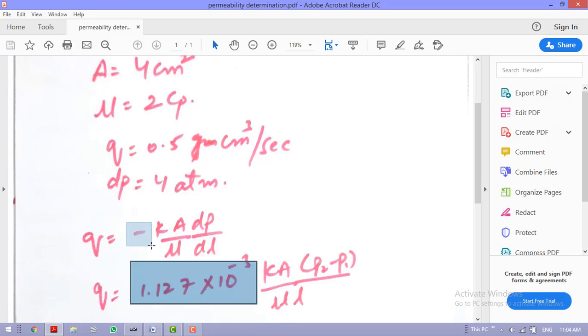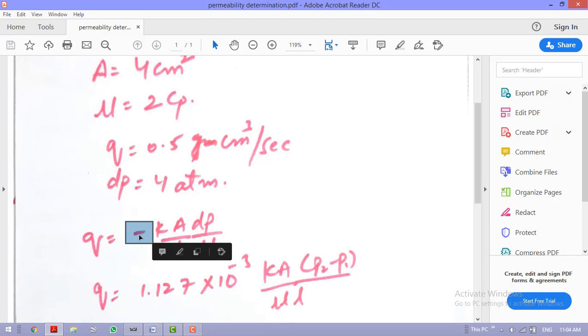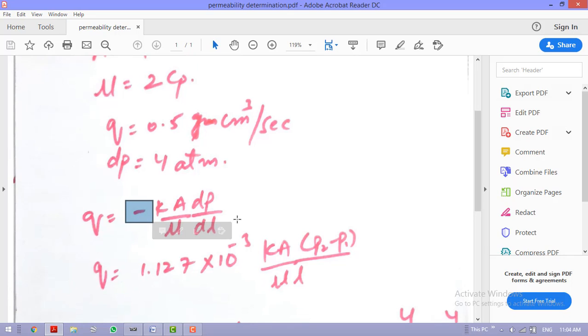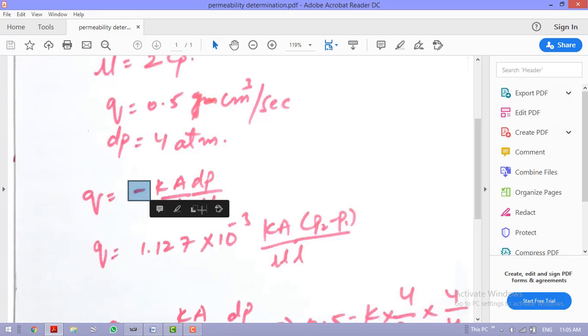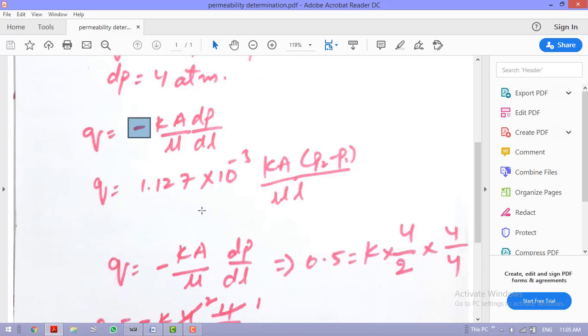So even though we have a negative sign over here, the reason why this negative sign is applied is for the pressure and length relation, right? The relation between pressure and length is that as the pressure increases in one direction, within the same path the length crosses the pressure in the opposite way. So to avoid such errors in calculation, we are just using this negative sign, right? So now let us quickly calculate.